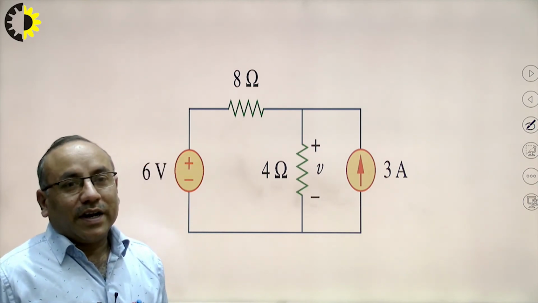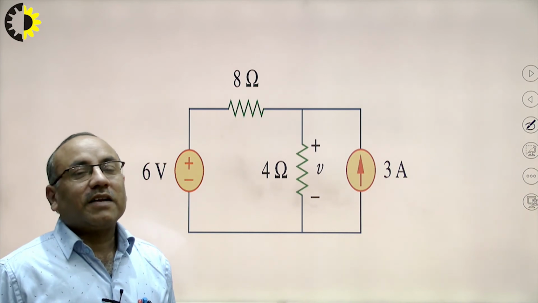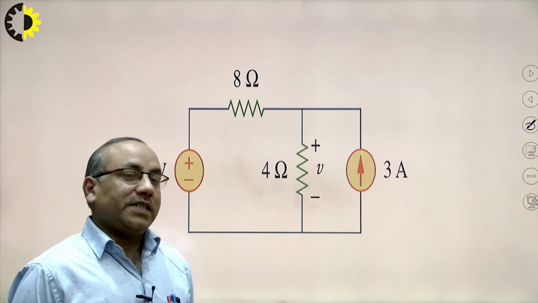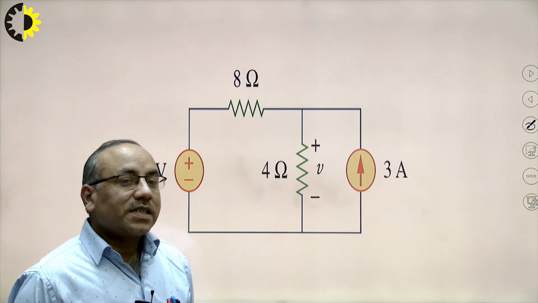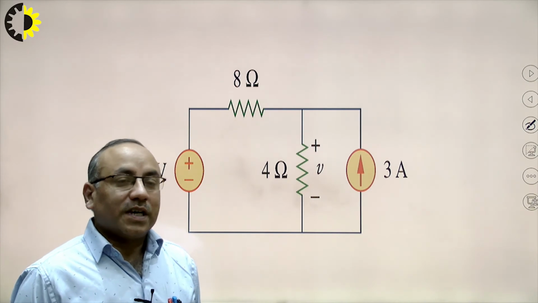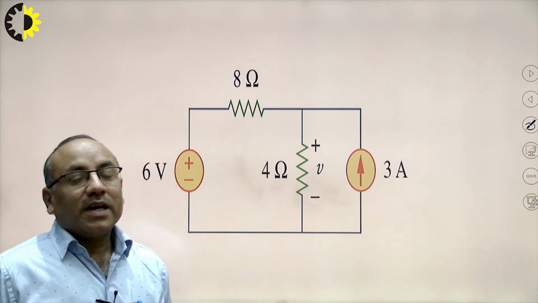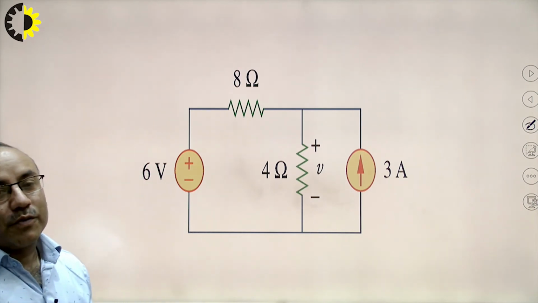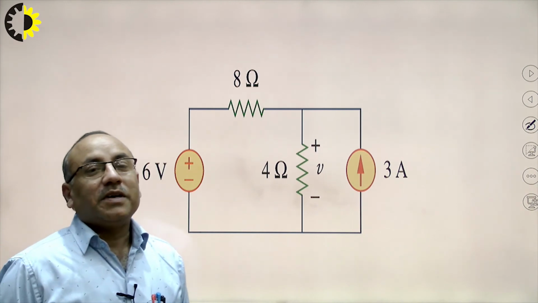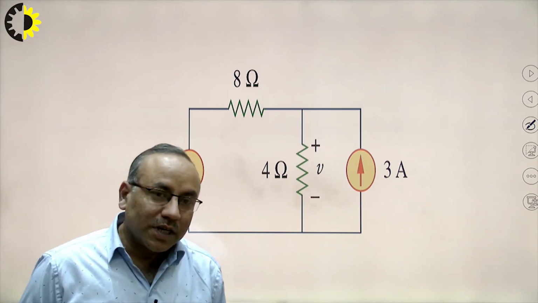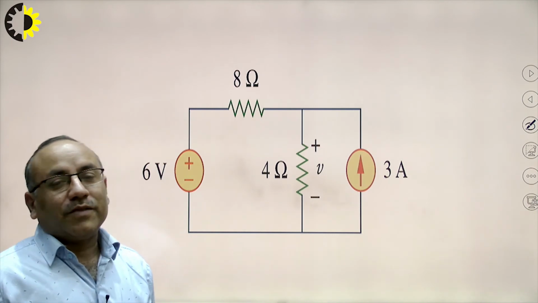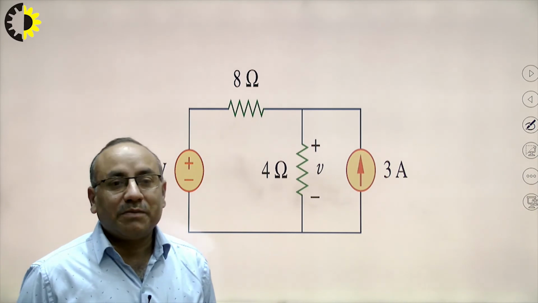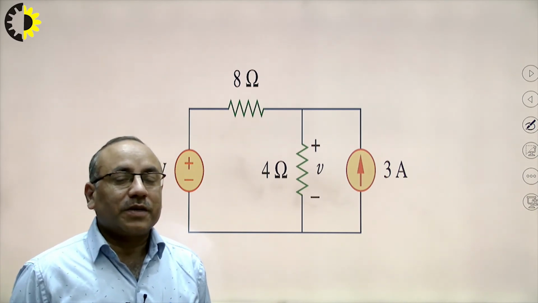One is a 4 ohm resistance and another is an 8 ohm resistance, and here we are to find the voltage across the 4 ohm resistance using the superposition theorem. So the same method will again be applied. We will consider one source at a time and find the current through 4 ohm and then the voltage with the help of that. Similarly, the second time we will consider the second source and find the current through 4 ohm and the voltage across 4 ohm. And finally, using the superposition theorem, we will be able to find the voltage across the 4 ohm resistance in this way.